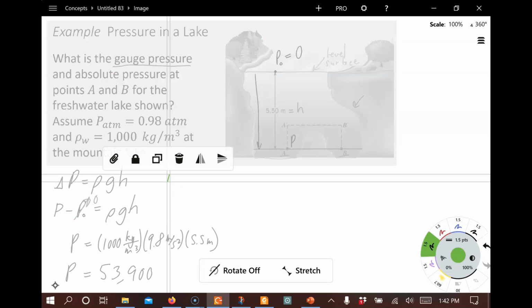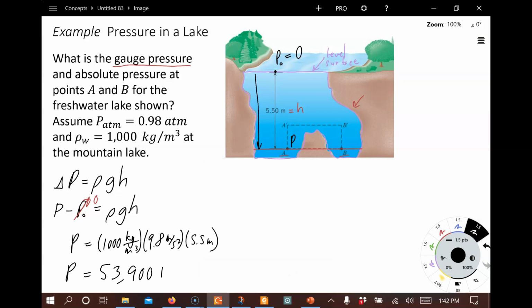And what are the SI units of pressure? Well, we know what that's equal to. That's equal to pascals. What is a pascal? Remember, a pascal is equal to a Newton per meter squared. And now that is your gauge pressure right here. This is the gauge pressure,